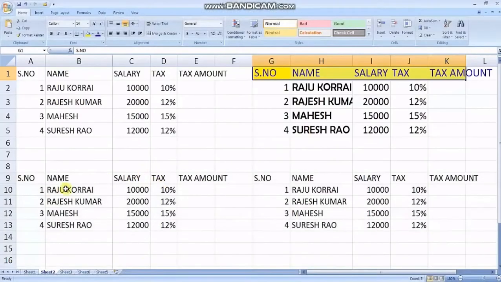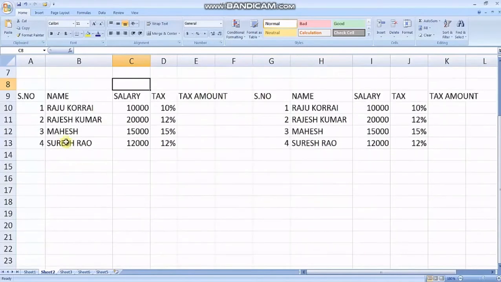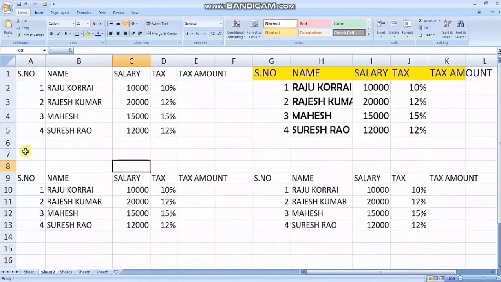Why are we using the borders and shading option in Excel? Students, you have typed some data in an Excel sheet and now you want to take the printout. In the printout, you cannot get the lines which you see in this Excel sheet, the rows and columns. In that case, we use the borders option to get the lines on the printout.